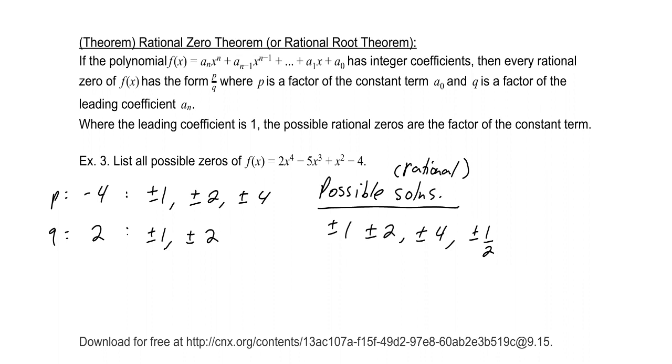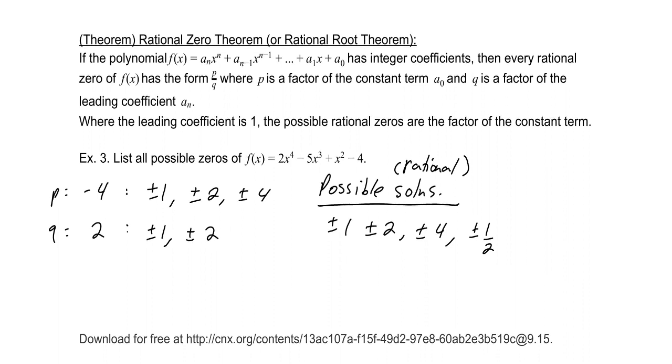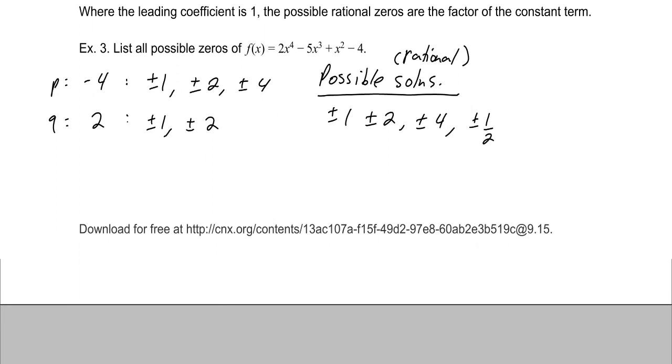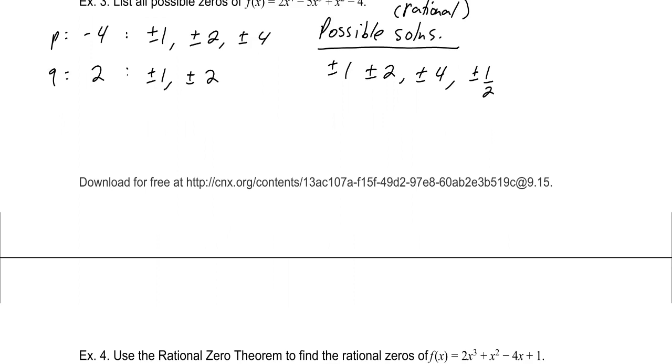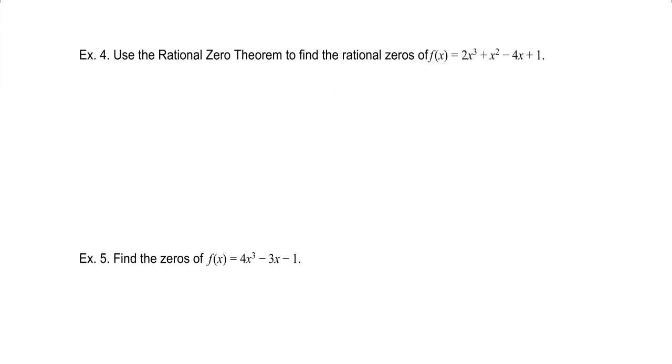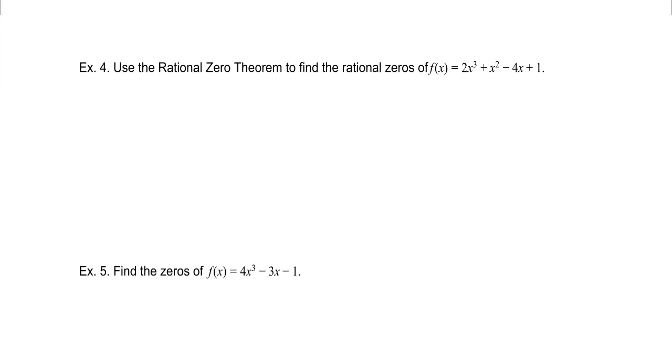Okay, so these things are going to tie together. All right, so the next question is going to combine what we just did, finding the possible solutions, with actually finding those solutions or those zeros. So use the rational zero theorem to find the rational zeros of this function. Based on the rational root theorem, our p is 1. It is just 1, and our q is 2. So our possible solutions